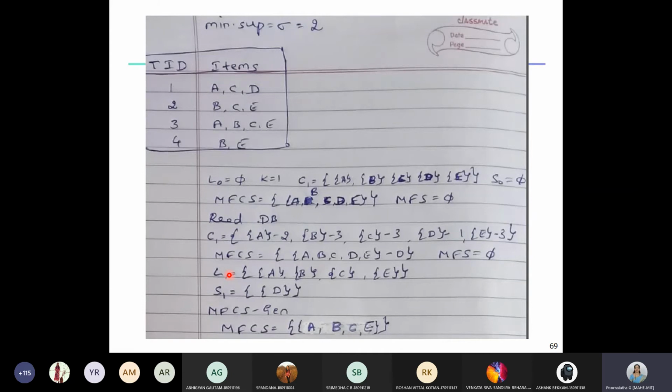So after LK and CK, the next step, what it says, call MFCS gen algorithm if SK is not empty. Okay, now K is 1, you can see here our S1 is not empty. So because it is not empty, we need to call this MFCS generation algorithm. And this MFCS generation